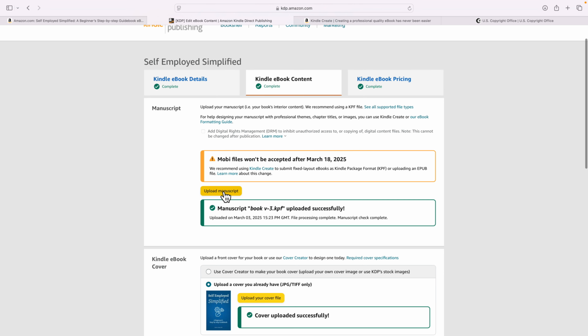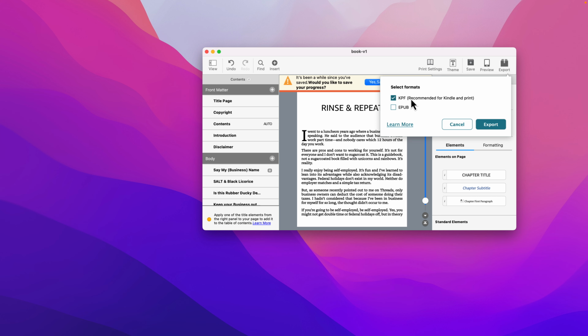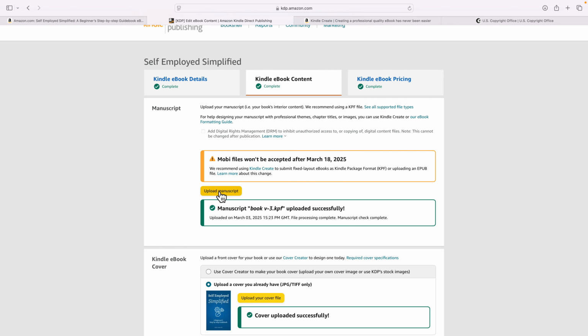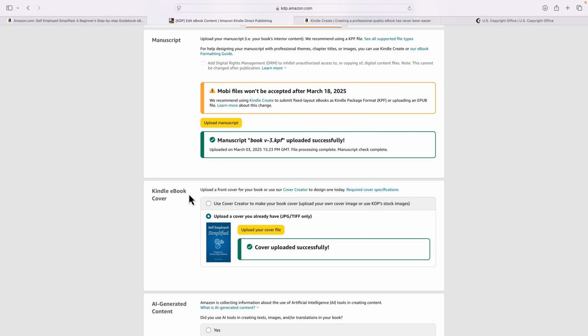I'm going to click upload manuscript and look for that KPF file that we had. If we head back to Kindle Create and we export, there's that KPF file. Once I upload it, it's going to process it. We can come back down to the bottom or lower. The Kindle ebook is where you actually